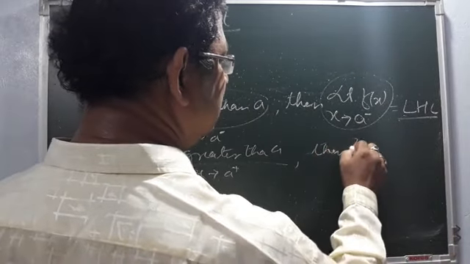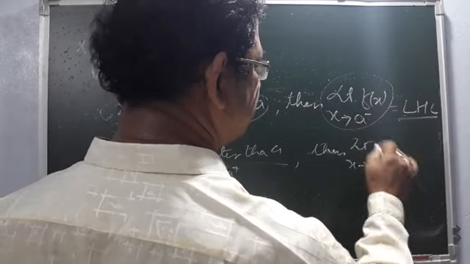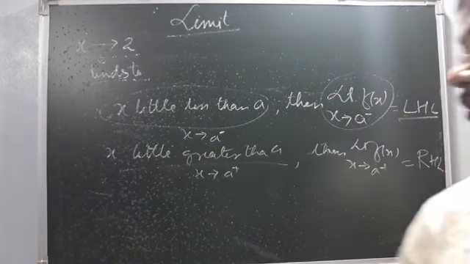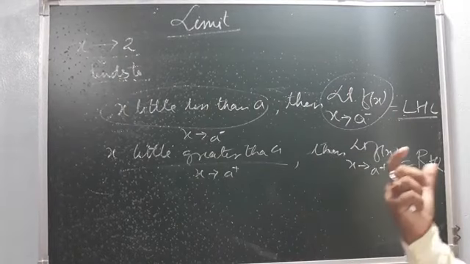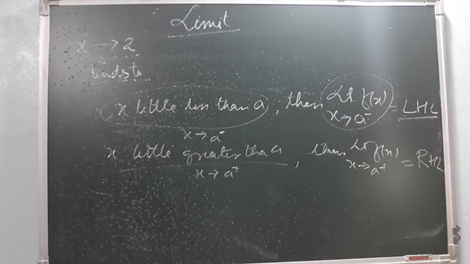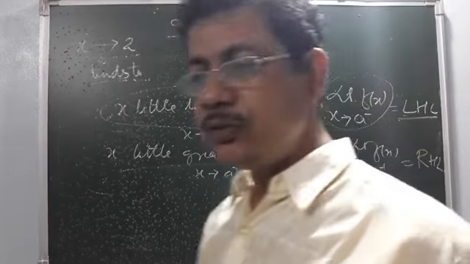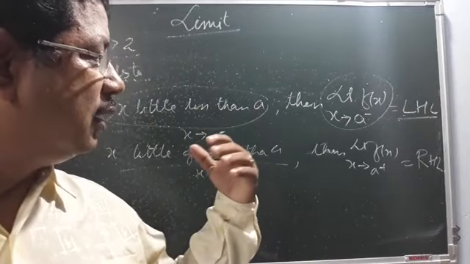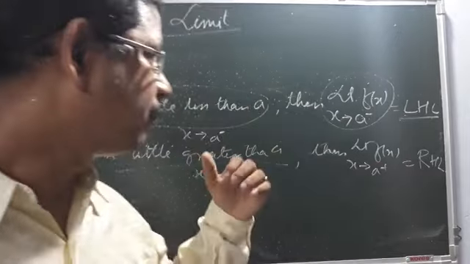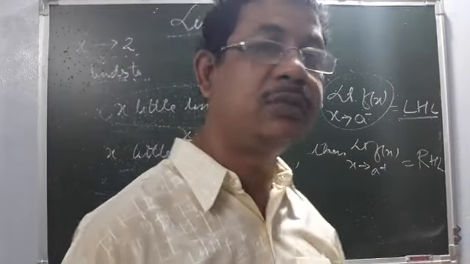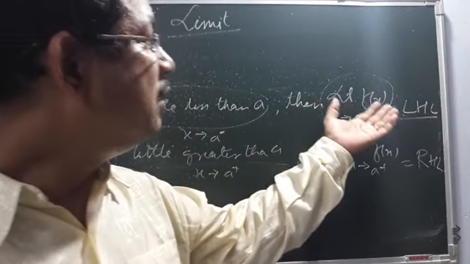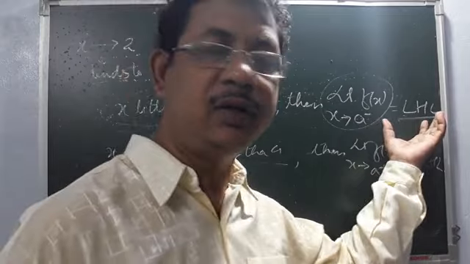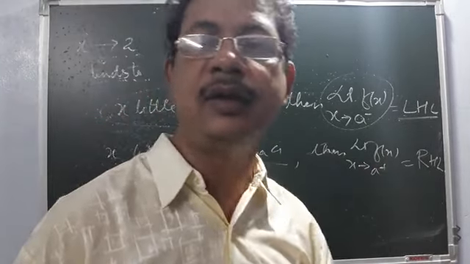Then limit Fx, x tends to a plus, this symbol is called RHL. তো এখানে আমরা LHL শিখলাম, RHL শিখলাম। LHL মানে লেফট হ্যান্ড লিমিট, RHL মানে রাইট হ্যান্ড লিমিট। লেফট হ্যান্ড লিমিট মানে limit Fx x tends to a minus, মানে এখানে x এর ভ্যালু a থেকে একটু ছোট, আর RHL মানে limit Fx x tends to a plus, মানে x a থেকে একটু বড়। तो यही है LHL मतलब लेफ्ट हैंड लिमिट, RHL मतलब राइट हैंड लिमिट। अगर x का वैल्यू थोड़ा ज़्यादा लिया जाए तो उसको बोलते हैं राइट हैंड लिमिट।